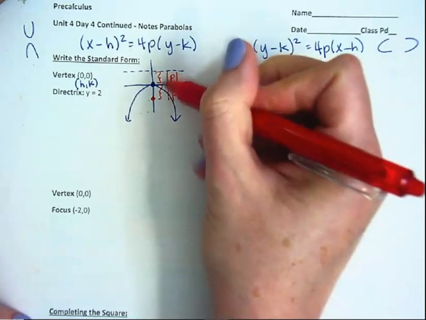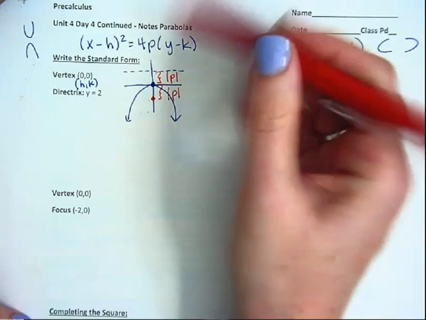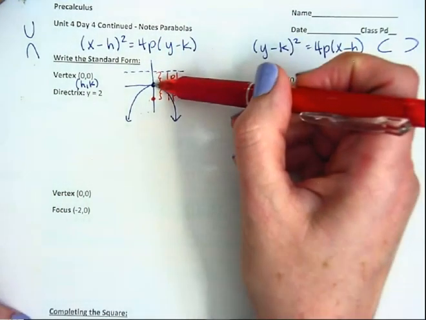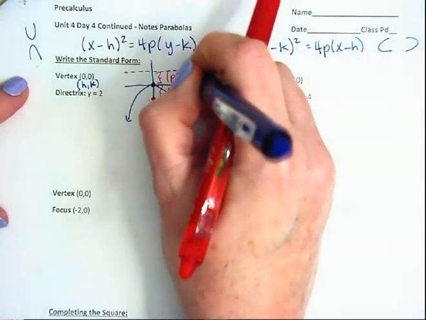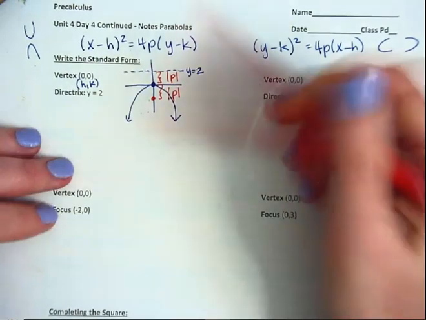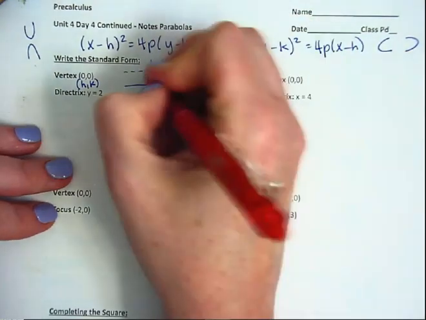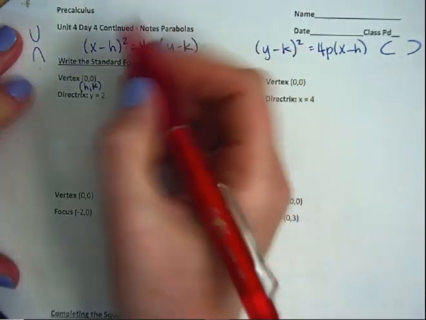Those lengths are both the absolute value of whatever p is. Well, we know by just counting the space between here and here, because this was our directrix at y equals 2. At my vertex here, y is 0. So this is 2 spaces from here to here. Right? So that's the absolute value of p